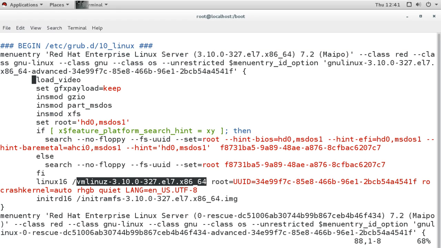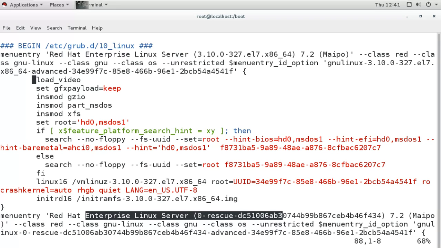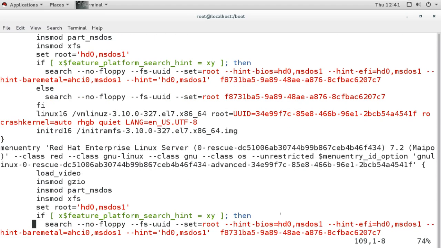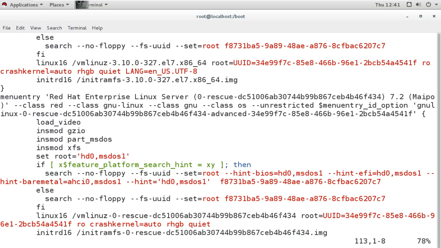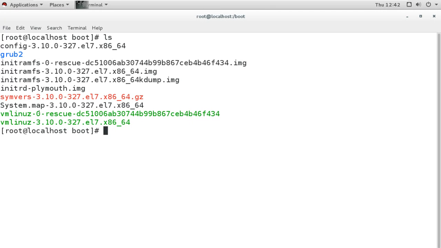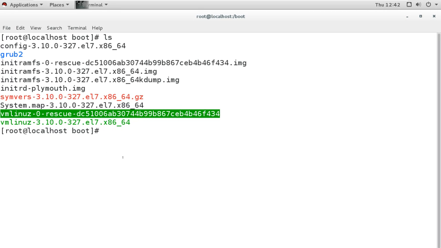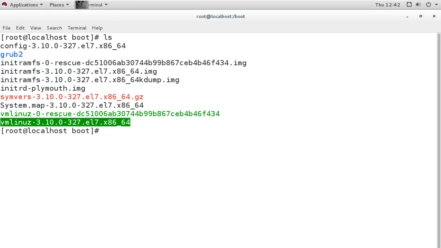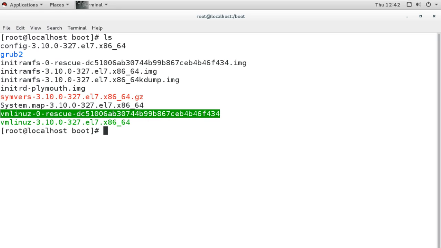And in case we select this rescue one, you can see that the settings are actually the same. All the settings are the same up to here. Only the other kernel is loaded. The other kernel file is this 0-rescue, which is also under the same partition. This is the rescue kernel. So if we select the normal kernel, it loads this kernel. If that is not loading, then we can load this rescue kernel. The rescue kernel is there only for backup.